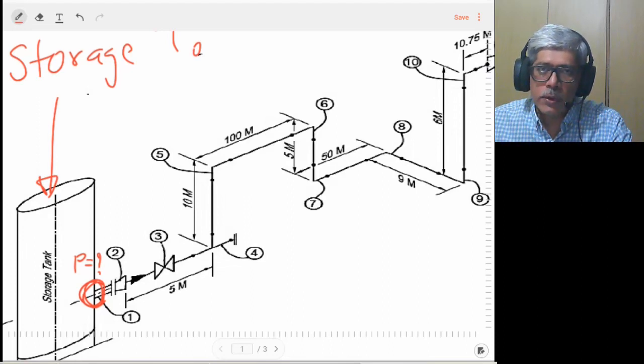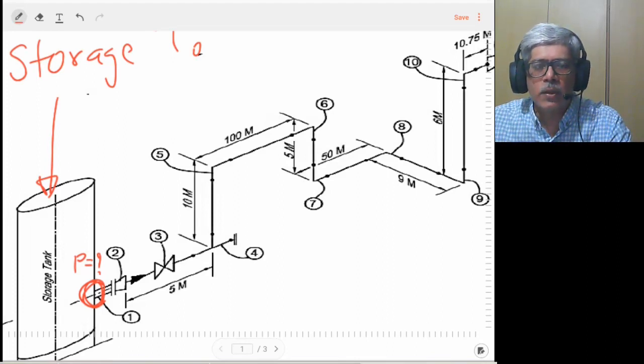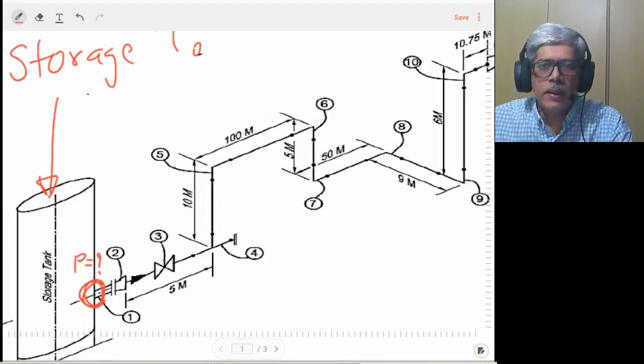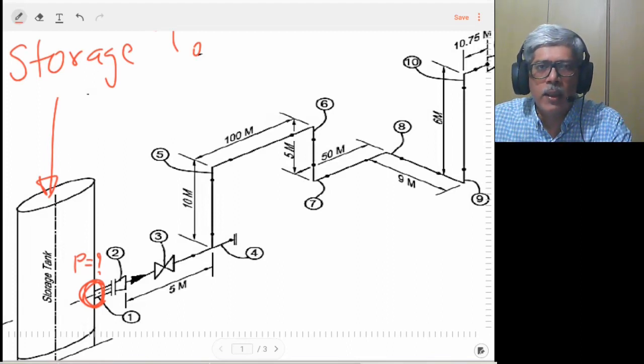So a general approach to solving this problem is to first convert this pipeline into equivalent straight pipes. As we can see, this particular section has got two different pipe sizes. So we have to find out, for each of the pipe sizes, its equivalent straight length, calculate its pressure drop, and add the two pressure drops together. So we'll get the total pressure drop in the pipeline. And by using Bernoulli's equation, we can calculate how much is the pressure head that is required at the inlet in order to meet the pressure head requirement at the outlet.